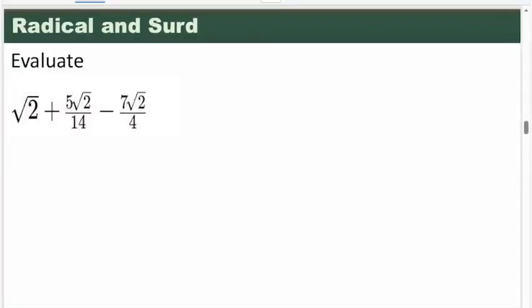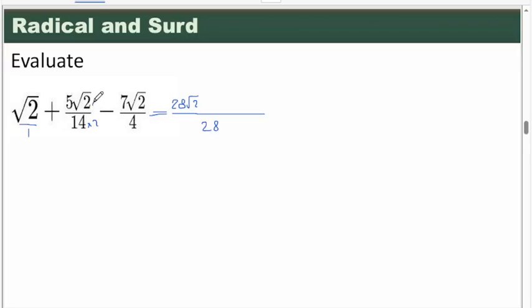To simplify and write the value of this expression, I get a common denominator. My denominator is 28 and 28. Here my denominator was 1, so the denominator multiplied by 28. I have to do it for the numerator, so it would be 28 times the square root of 2. Here, for the second term, the denominator multiplied by 2 gives me 28.